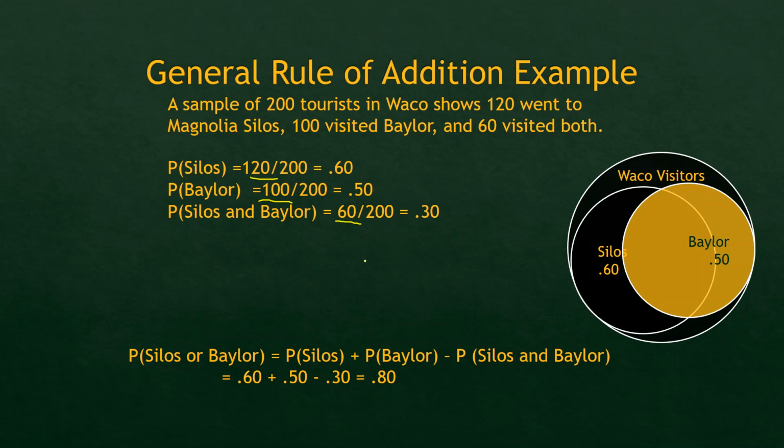Okay, so in order to do the rule of addition, come down here, and you've got 0.60 plus 0.50 minus 0.30. So the probability of the silos plus the probability of Baylor minus the probability of both gives you the probability of